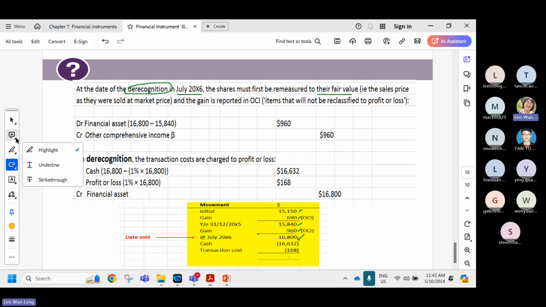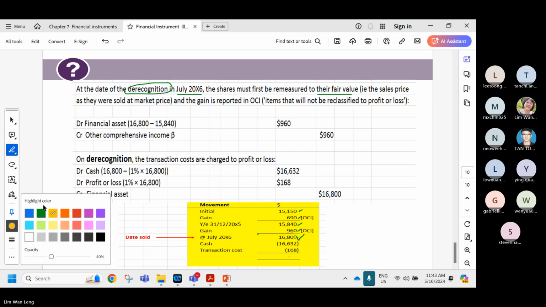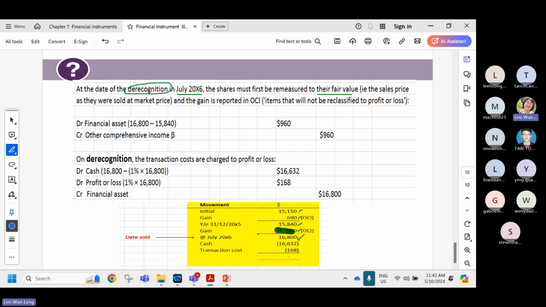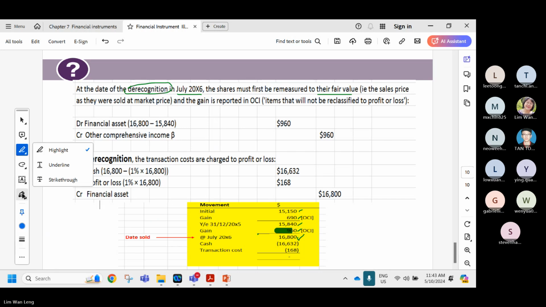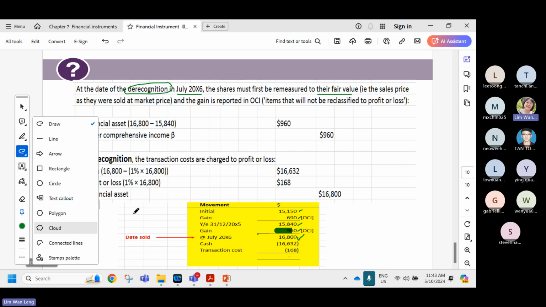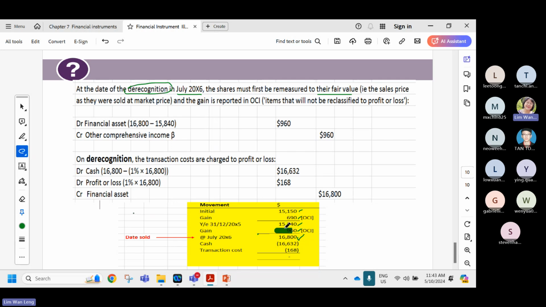It's my highlighter. This particular figure, 960. Okay, you can see, 960. Where is my eraser? I don't know where. Okay, 960 here,